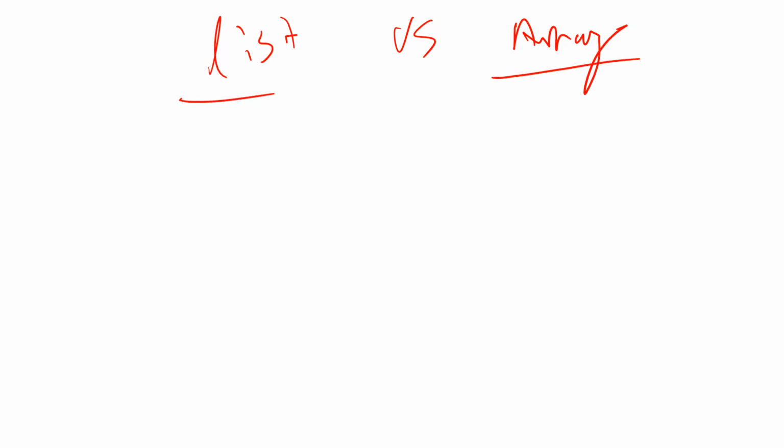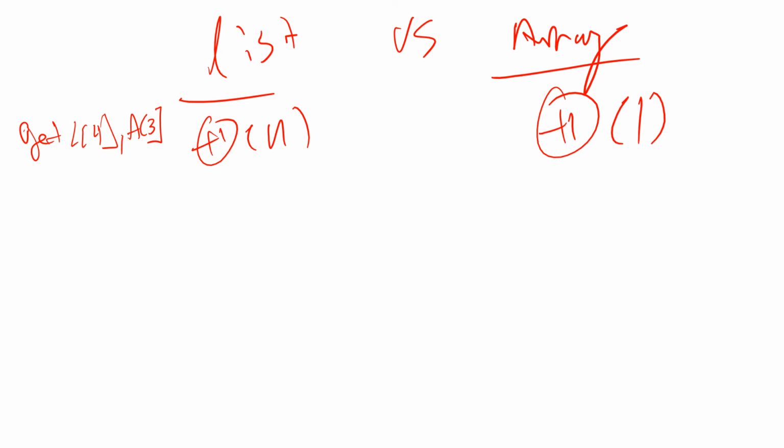Okay, theta n. This is for your get, right? Like a list of 4 or an array of 3 or something like that, versus constant. To get an element, to look up an element for an array, it's all contiguous memory. It's just element 1, element 2, element 3. It's simple. It's constant. For a list, at the worst case, you're going to have to traverse that entire list